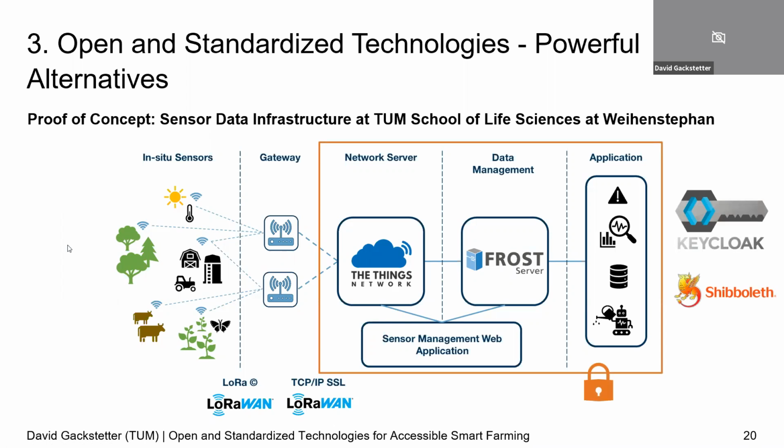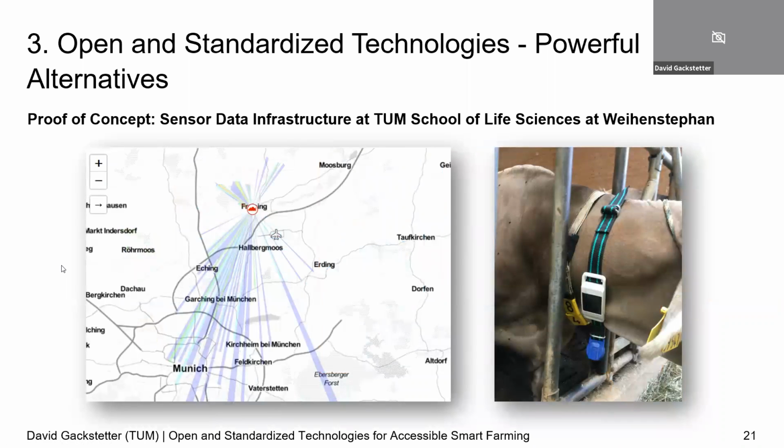Basically, the question always is, how can we secure data? How can we manage users and access? And for that, we're also using proper standards like OAuth 2 and software that implements these standards, like Keycloak and Shibboleth. Thanks to Shibboleth, we can also use single sign-on for this infrastructure. So a user only needs one type of credentials and does not need to log in at every single application that might be used.